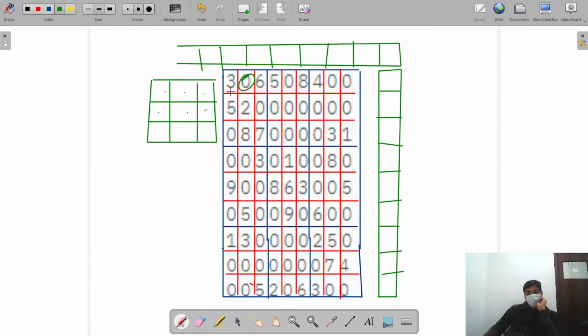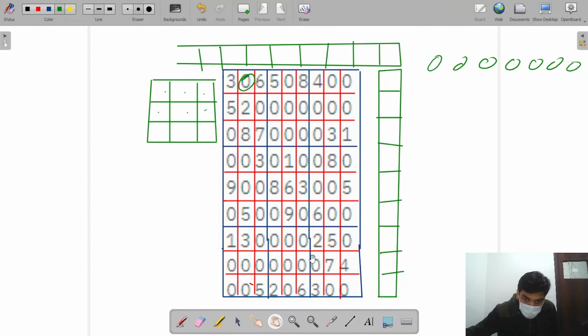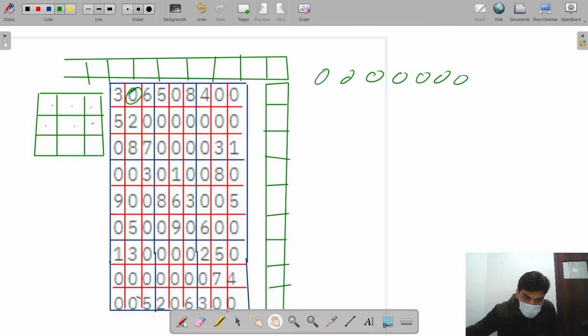Guys, we know that a number could be represented in its binary form also. So suppose we take 9 bits, 1 2 3 4 5 6 7 8 9. Suppose I want to check for 4. So 1 2 3 4.